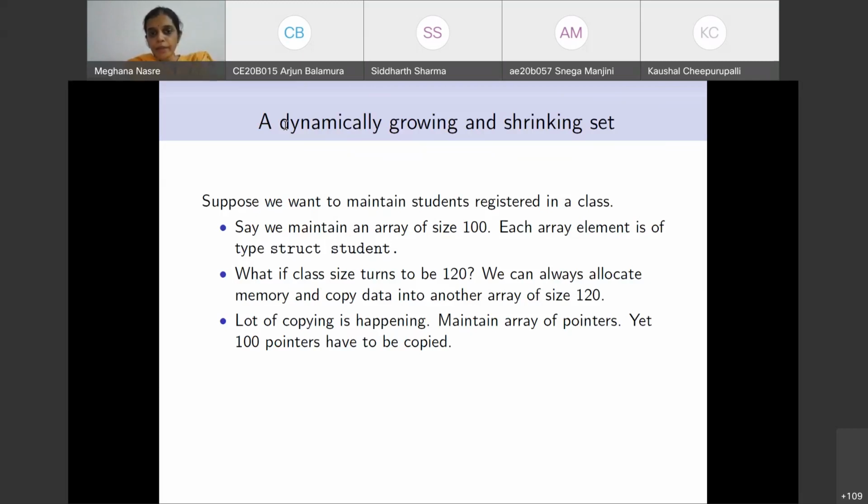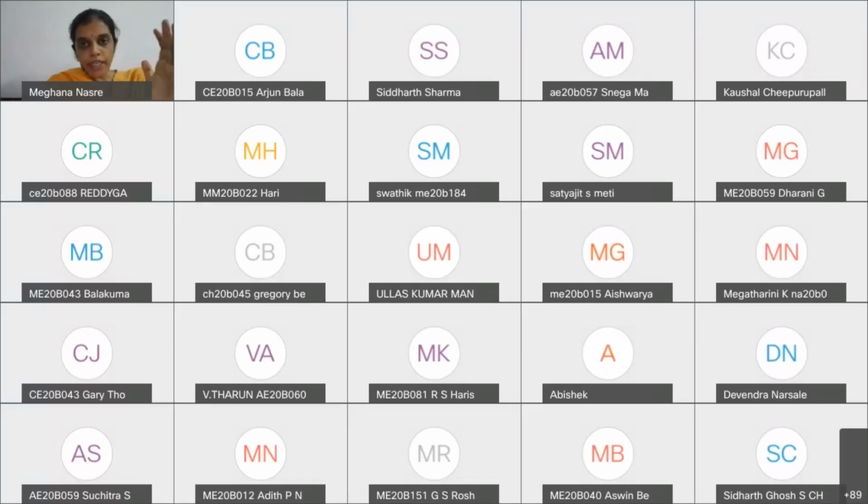But maybe I'll still be copying these pointers whenever I change this data. So this is a disadvantage of this array. So array of structures is what I have used, but if the size of the class itself increases, I must copy it into another array which has appropriate size.